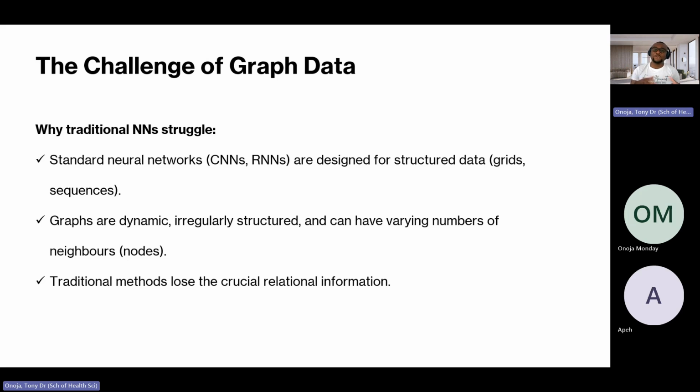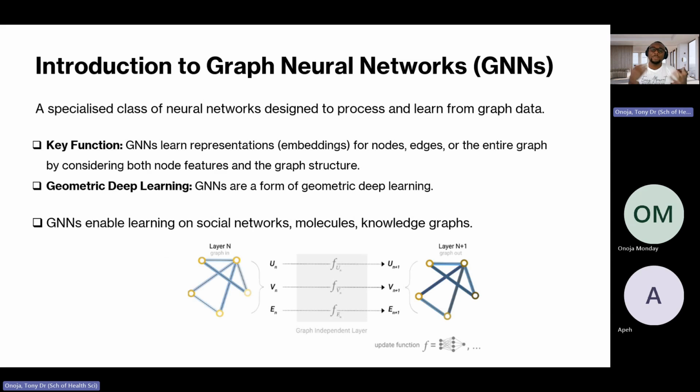So the traditional methods lose this crucial information, which is represented in the form of nodes and edges or relationships, which is what you are interested in looking out for. So you see that the traditional methods actually fail. We can't use them for graphs because graphs are very